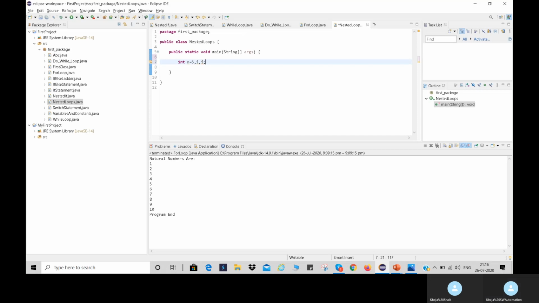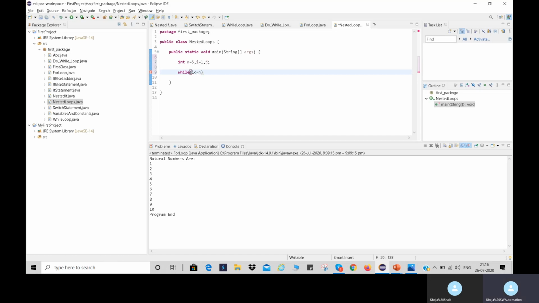Okay, and so I'm storing value 1 in variable i, while I'm using nested while loops: while i is less than or equal to n.